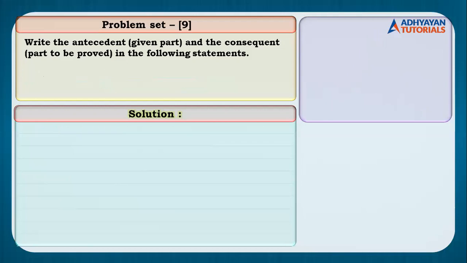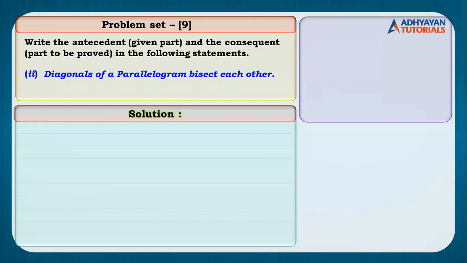Sub question number 2. Problem set question 9. Diagonals of a parallelogram bisect each other. Now, this is the statement where you people find it difficult to figure out what part is given and what part is to prove, right? Diagonals of a parallelogram bisect each other. I want you all to think what part has to be the given part and what part has to be the to prove. Just think the answers in your mind. I'll give you the explanation.